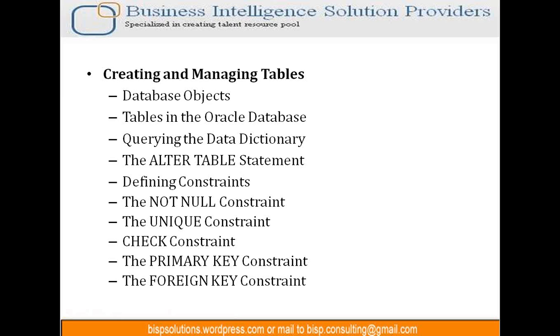So let us say I've got a requirement in which I would like to create a table for maybe something like items. So I'm creating a table called items where I would like to store item details. First thing that you should decide on when you create a table is what are the columns that you require in this table. So I would like to create a table called item which has columns like item number, where